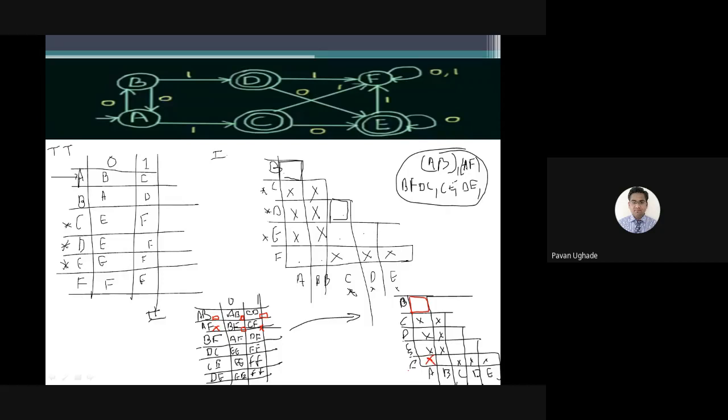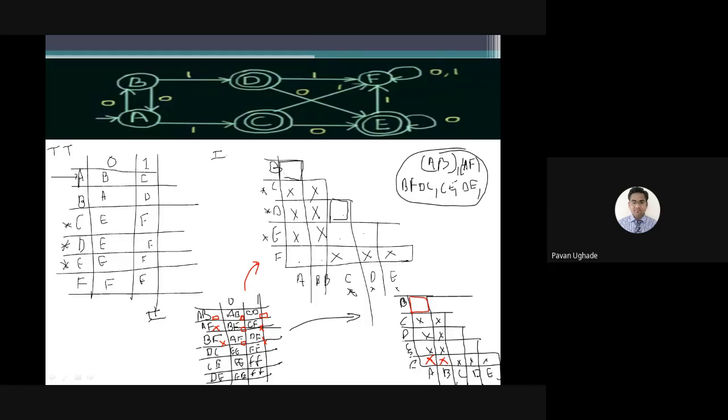I hope you people are getting the things. Then here also in the second, BF, the entry is AF. Now don't consider this AF table; you have to consider only the previous step result. AF entry is blank, leave it blank, no issue. And DF, check it out, it is cross. It means this is not equivalent. So in this table you mark BF as cross.